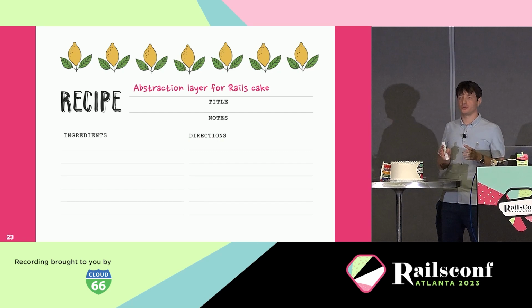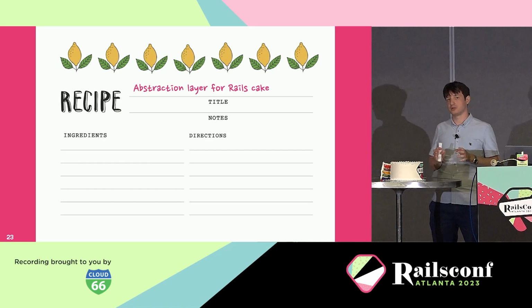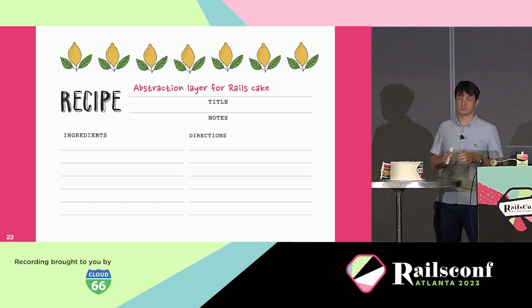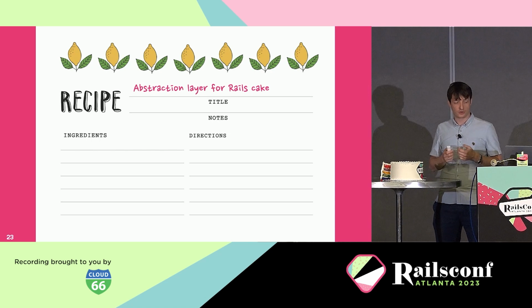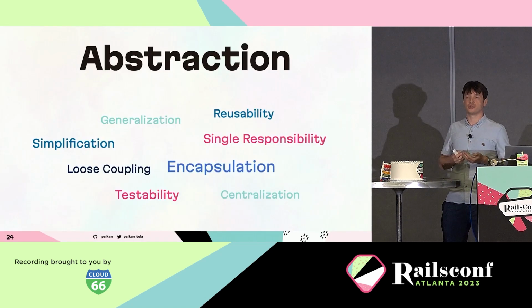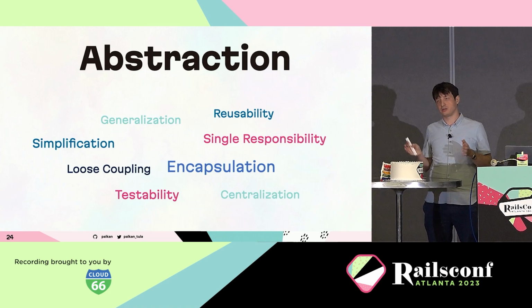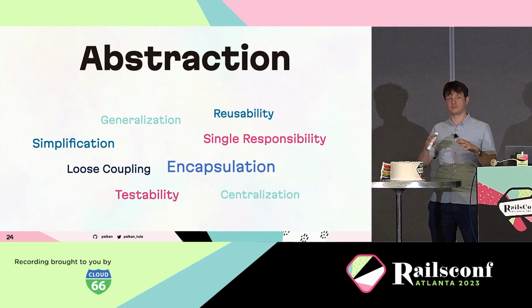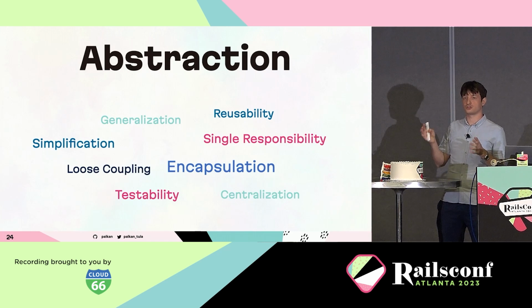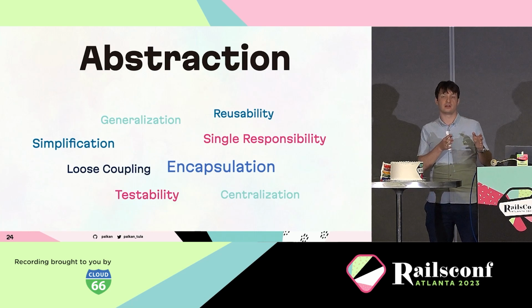So I'm going to give a few ingredients. We're going to talk about them in a bit and then see some practical examples. First, what is a good abstraction in general? Again, it carries many features. First of all, abstraction, by definition, is a kind of encapsulation of some internal logic and providing a high-level interface